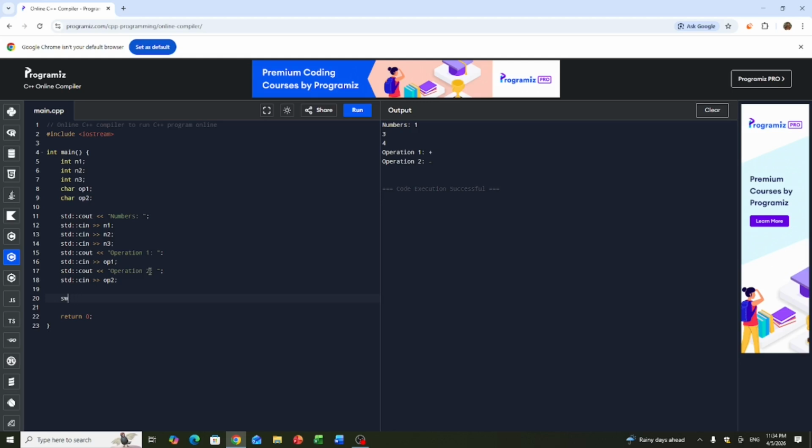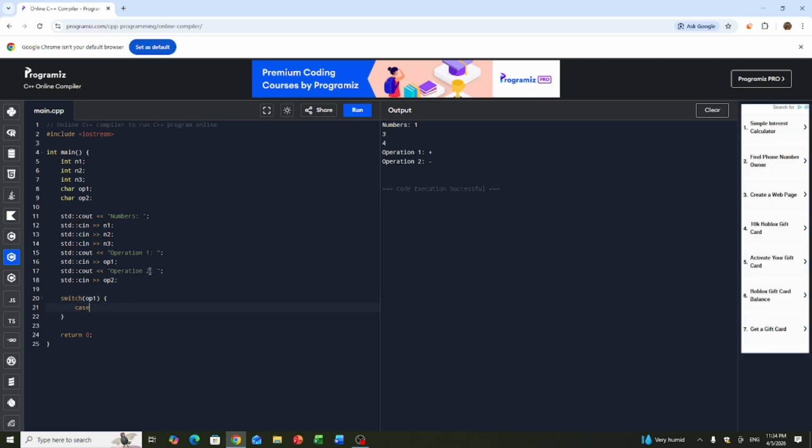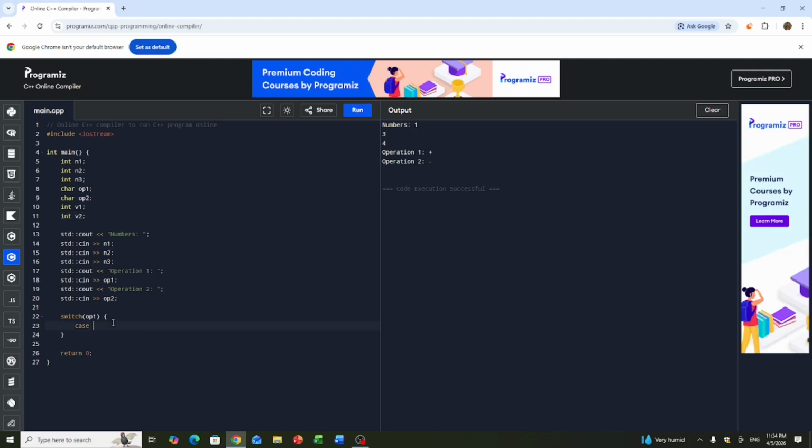Now I make a switch statement, switch operation 1, and finally I'll make two ints, v1 which will store the value of our first calculation and v2 which will store the value of the last calculation. If it's case plus, then v1 equals n1 plus n2,